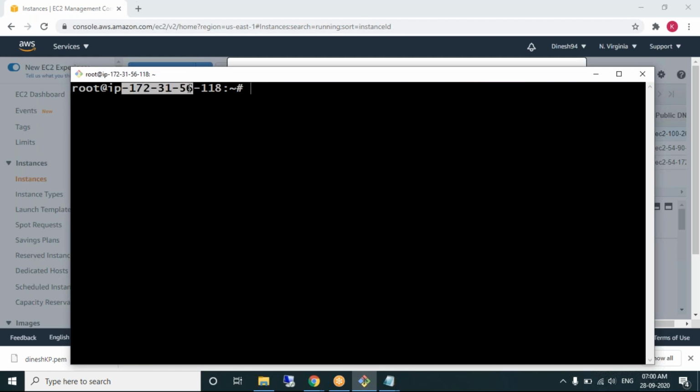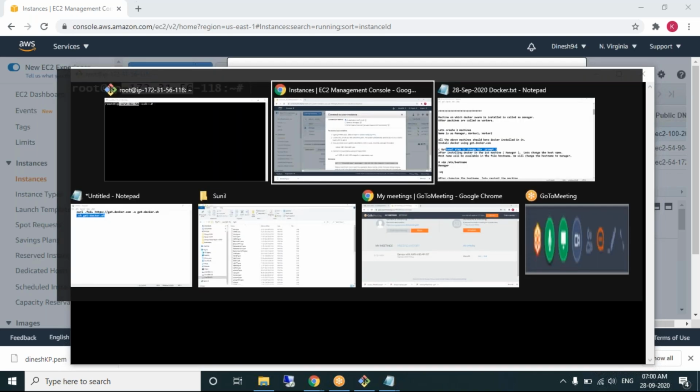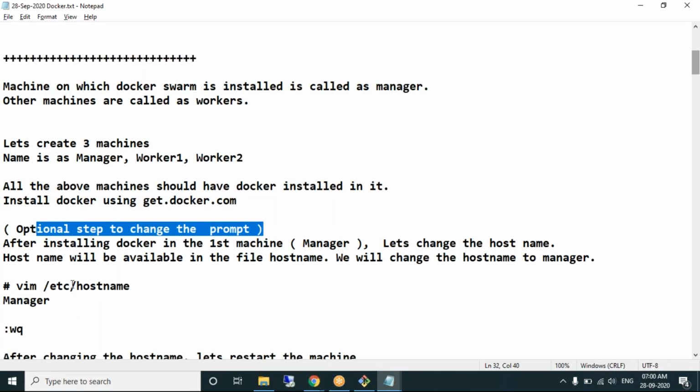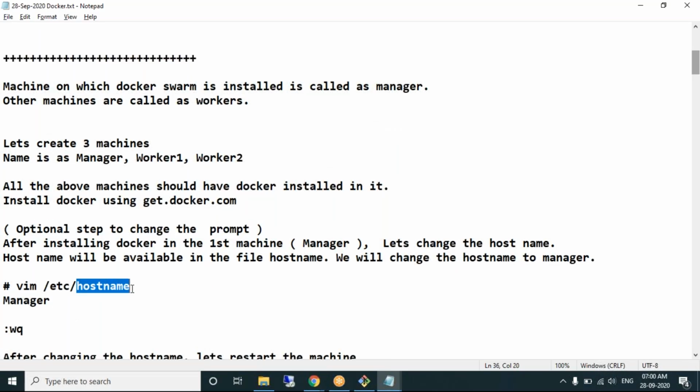You can change the prompt only when you change the host name. Host name is a file wherein you can change the prompt. Okay. How to change the host name? There's a file called hostname, which is present in the etc directory. So go to that, open that file.